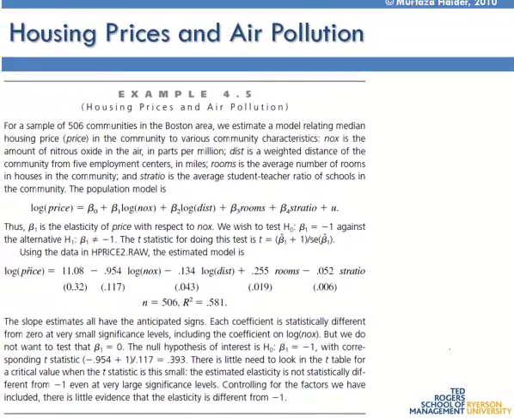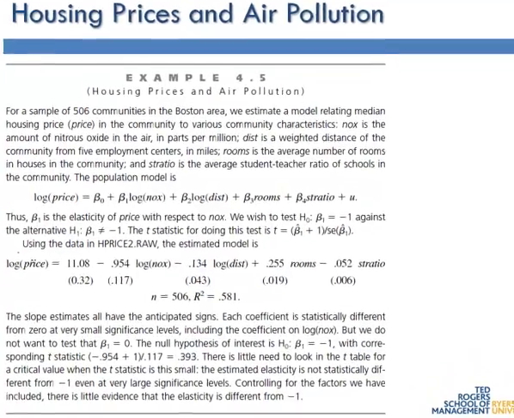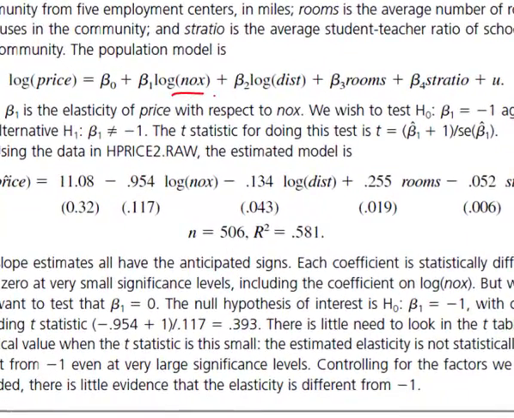Lastly, we are looking at the impact of various variables on the price of a house. In this case, we are looking at some negative externalities. NOxes are the nitrogen oxides, so we're looking at the pollution level near the property, and distance is the distance from some employment centers. We are looking at an increase in distance between the property and the employment center, and what the